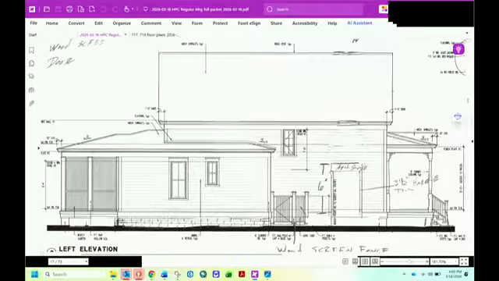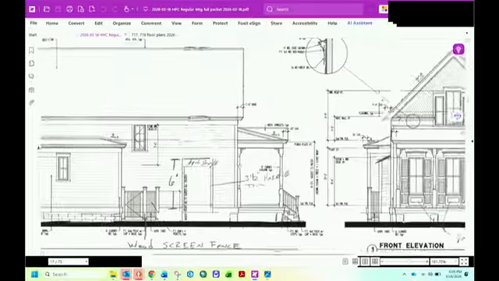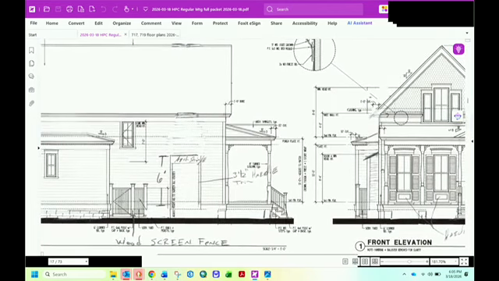Now, this white rectangle is to represent the roof at an angle, so I'm going to slide this over slightly, and you can see what I'm talking about. From the front, it's basically a shed roof on top of that bump out there.